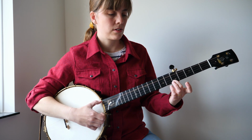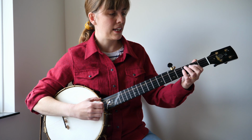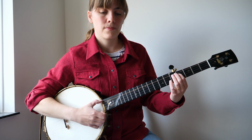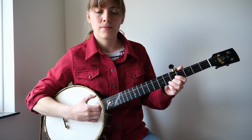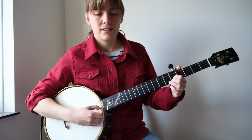So you've got drop thumb there on the top 2 strings open, and then slide. I'm using my 1st finger on that one. 2 to 4, and then reach over with your 2nd finger. Nice bit of standard clawhammer rhythm there, and then